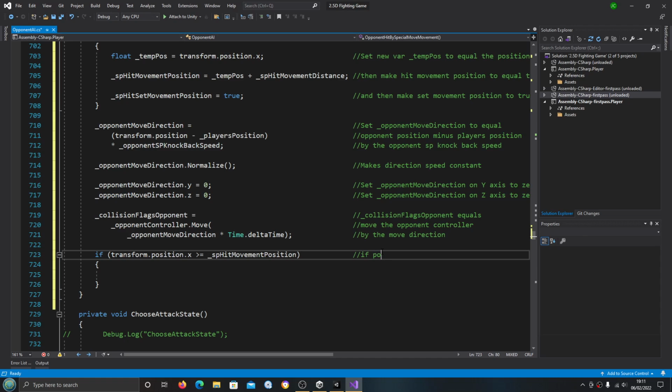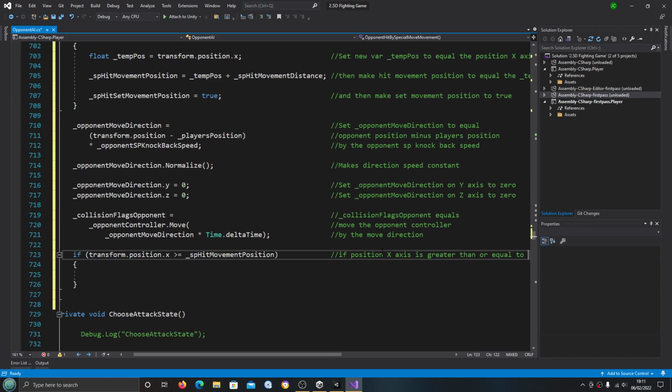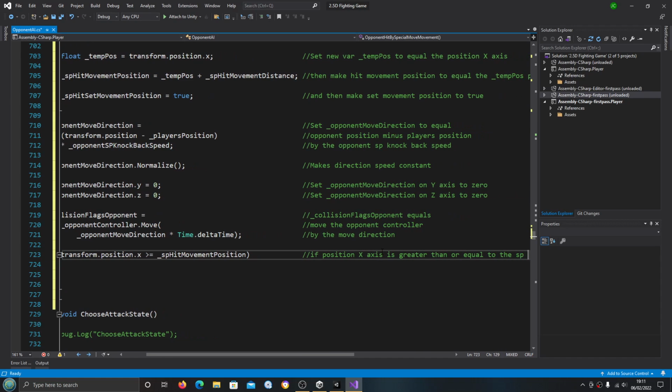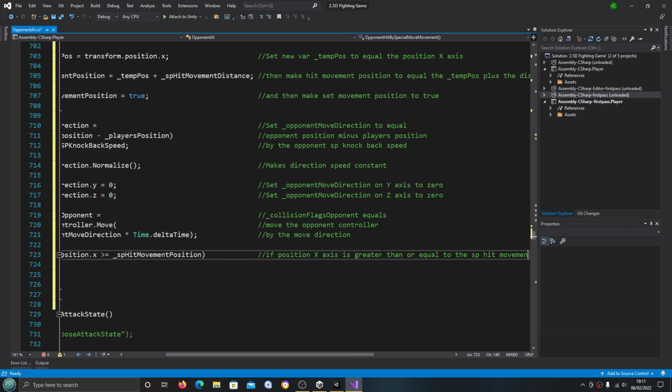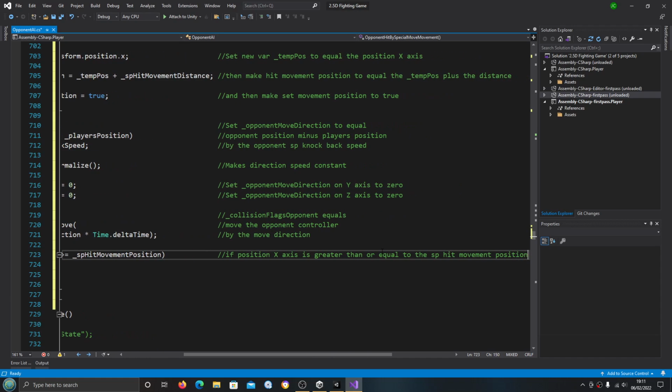We'll put this into the comments. So if position x-axis is greater than or equal to the SP hit movement position,